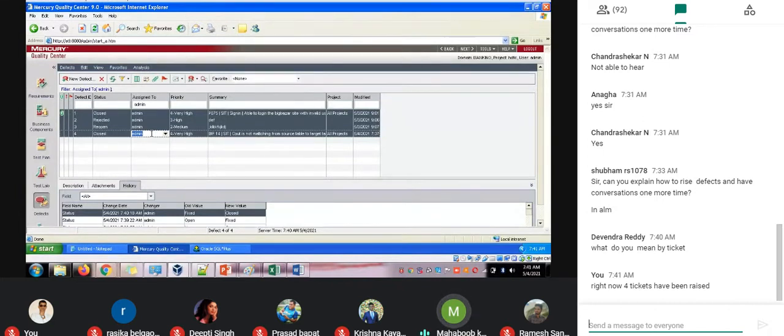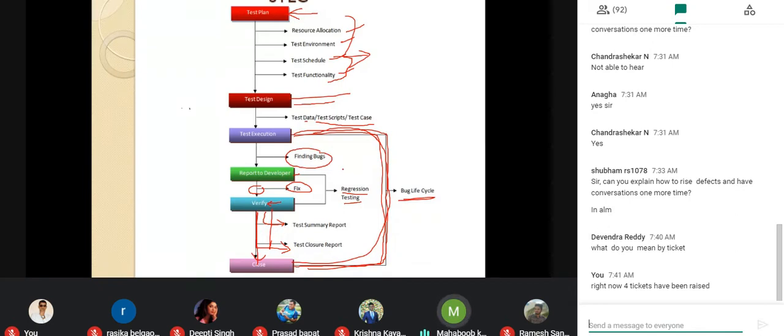Until this defect is closed, until this journey is done, you need to carry forward and check each and everything. This gives a clear indication that once you are executing the test cases, you will be reporting to the developer that this is finding a defect, finding a bug, and it is given for verification and testing. Once it is tested by you, each and every day you need to send a report, even though it is open, fixed, or in verification state, whatever it is, until it is closed, you also need to send a report from your end.